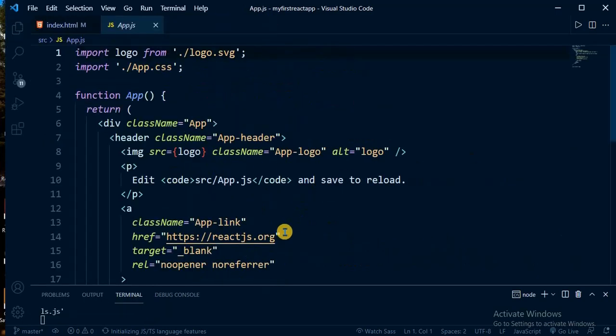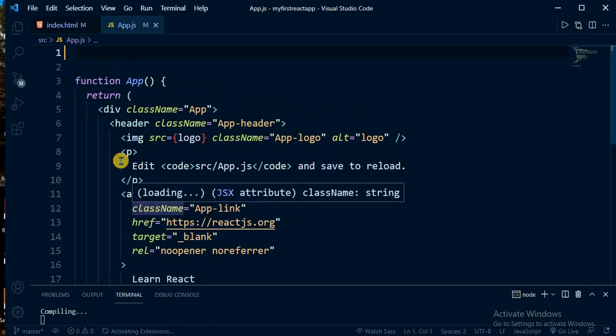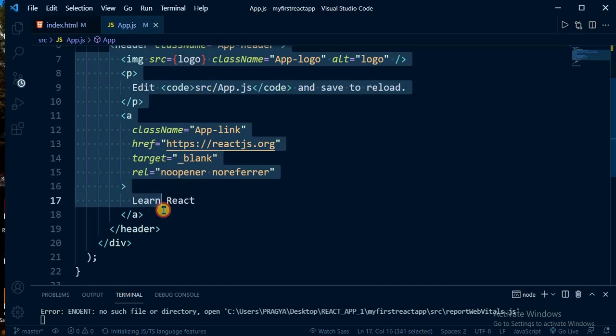In App.js, again you can see that we have this logo section. We don't need this because we already deleted it. App.css, we don't need this. These sections might look a little confusing, but let me quickly delete the header section.